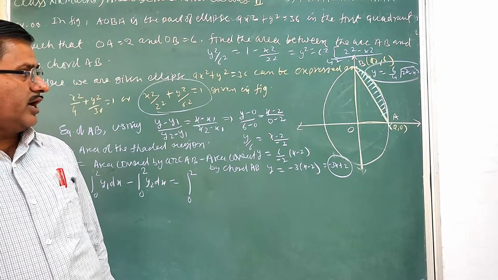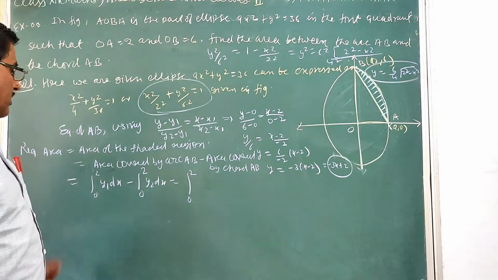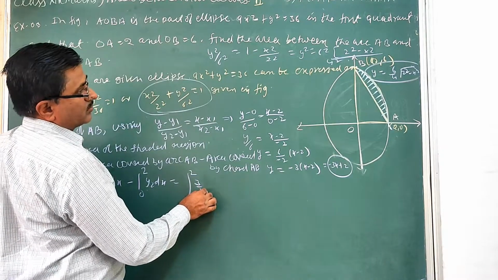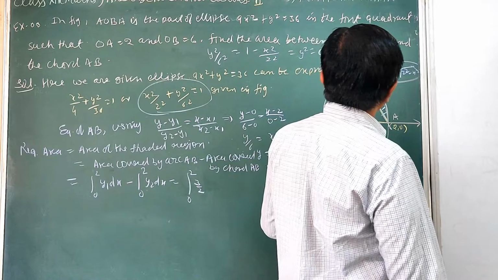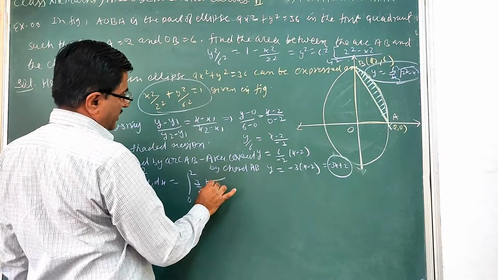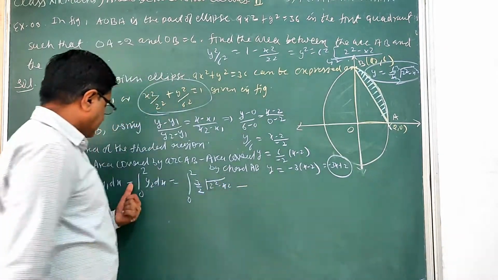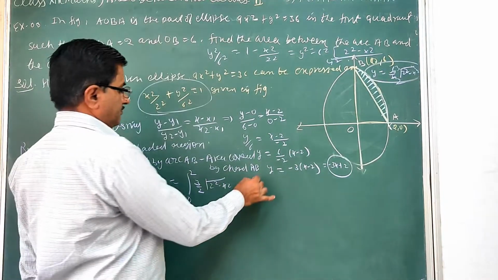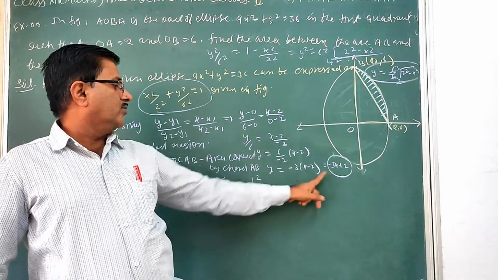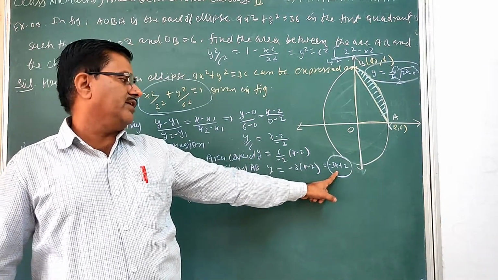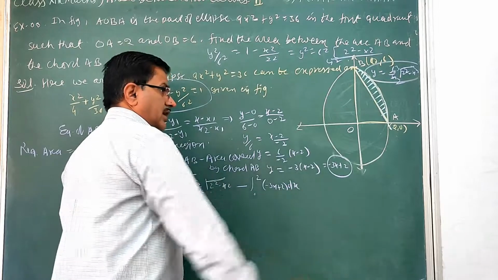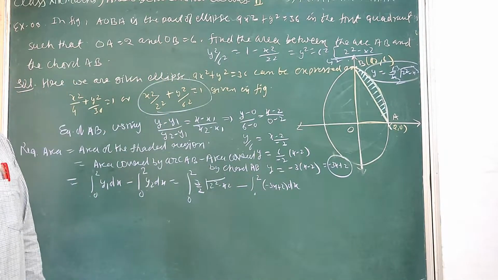So 6 by 2, that is 3 by 2. So what will we get right here directly? First by 1. So 3 by 2. If you divide by a and root of a square, that is 2 square minus x square, then minus 0 to 2. Then y2. Y2 is the equation of the line, that is y equal to minus 3x plus 2. So y replaced by minus 3x. Now this is the definite integral. Our job is to solve the definite integral.